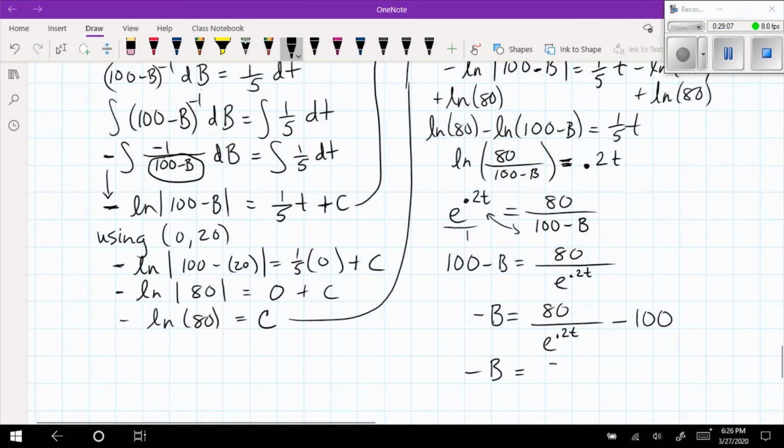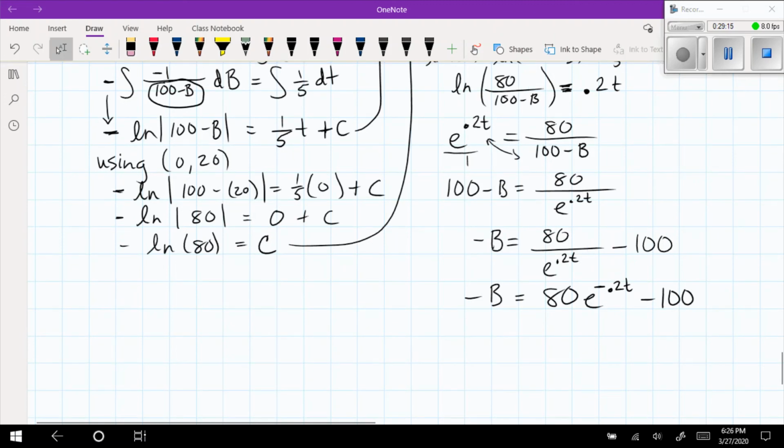Can I call this 80 e to the negative 0.2t and then minus 100? And now I divide through by a negative 1. This will give me, let me see, I'll just do this for you. Gives me b equals negative 80 e to the negative 0.2t and then plus 100,